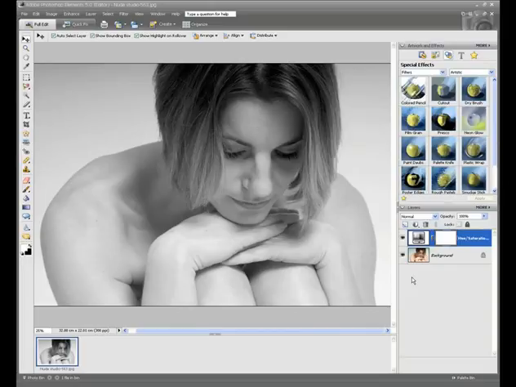A couple of problems with it: it's a little bit flat and the grey tones really aren't giving it that much impact. Now, to improve the quality of this image, we're going to use levels to set a black point, and then we're going to just tweak the white point and adjust the midtones. Now, to do this we need to find an area of the image which is absolute black, and if we look at the hair we can see that's very dark, so what we're going to do is just to zoom